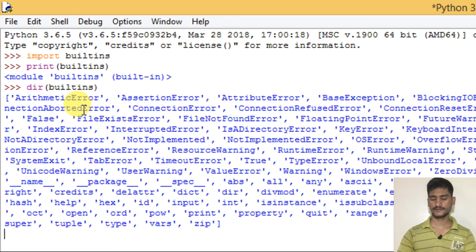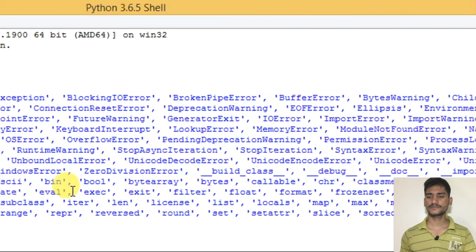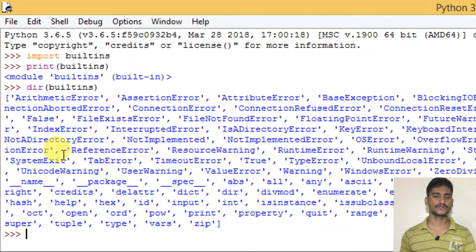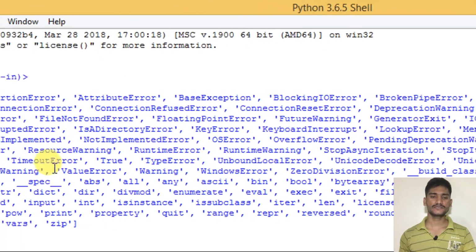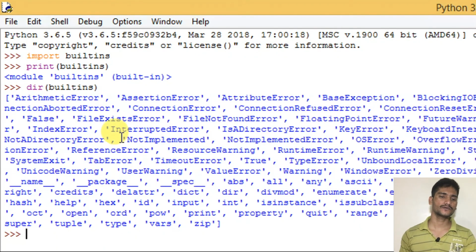dir of builtins. When I type that, see, I am getting much more here. ArithmeticError, AssertionError, all this I am getting, right? So these are nothing but all the inbuilt code which someone has written and inserted in this Python package, right?